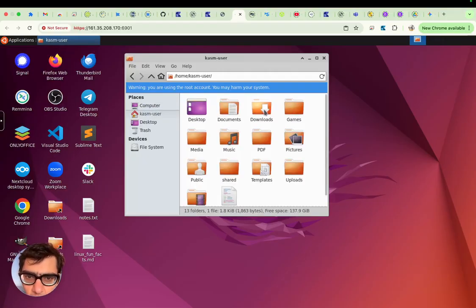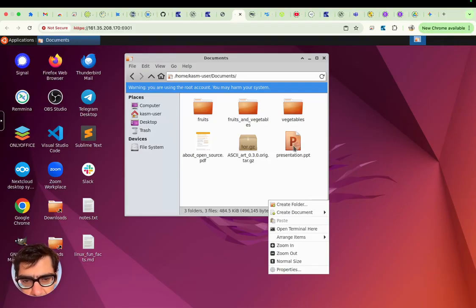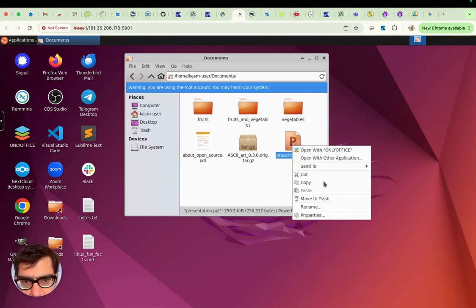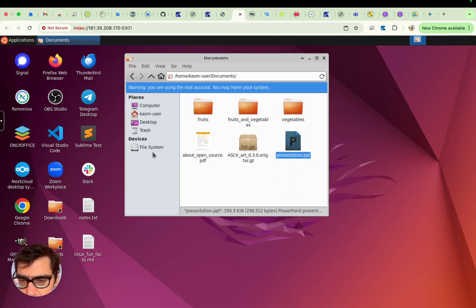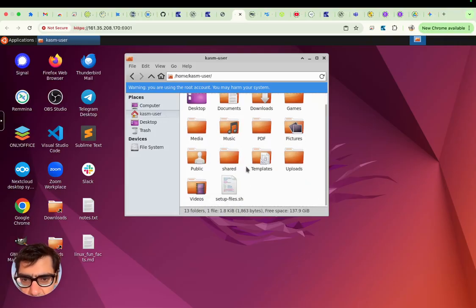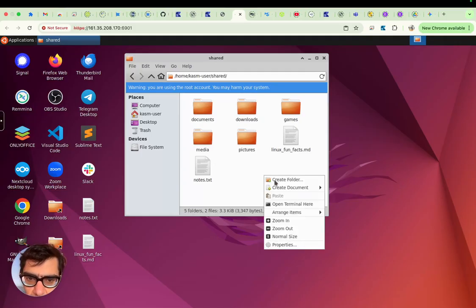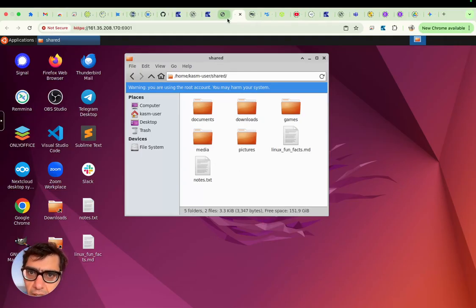If I go to documents, I will see some documents already added for me. Again, this is done on the fly. That means whatever file you need to add, it is possible to add it for the students. Of course, since you are the instructor, you have the ability to copy, paste, delete. Sorry, the instructor and the student actually both have this ability. But what I wanted to say is that there is a folder called shared. This shared is actually a shared folder that can be accessed